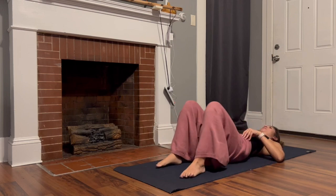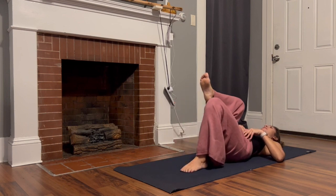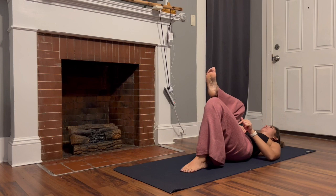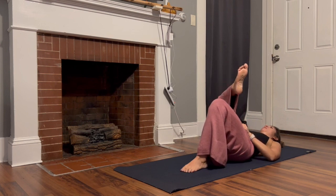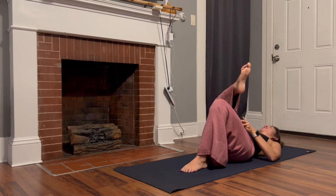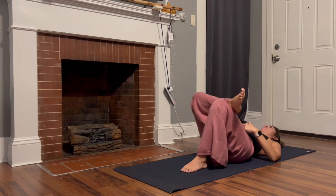And now your next inhale, come back to center. You're going to drive the right knee up in towards the chest, keeping the left foot planted. And then you're going to drive the outer edge of the right knee open, open, open. Trying to actively enter a supine pigeon pose. So you're going to drive the knee, drive as the right ankle crosses over